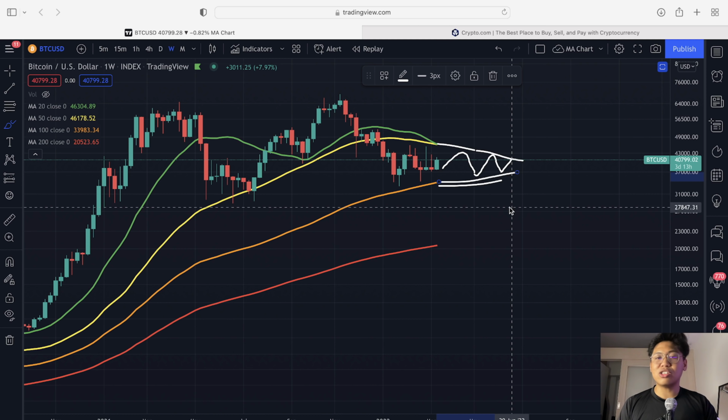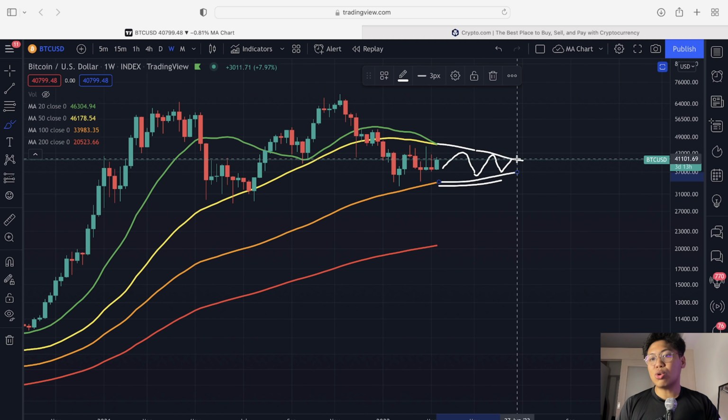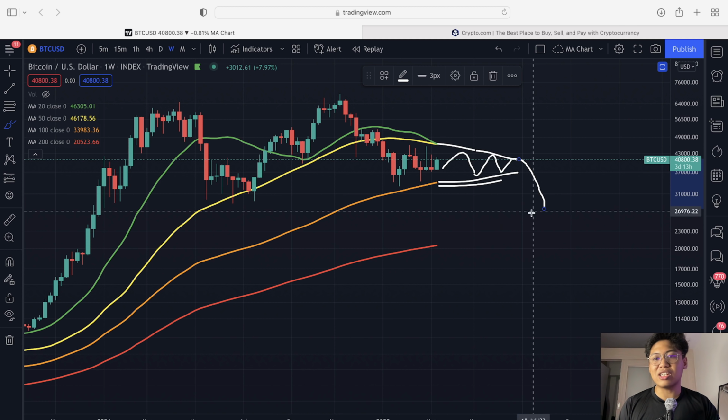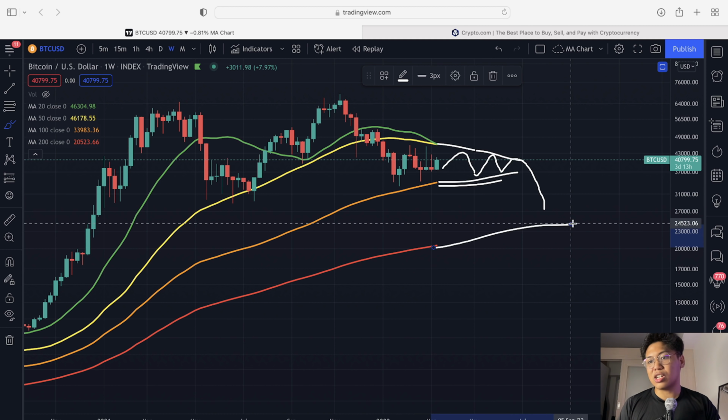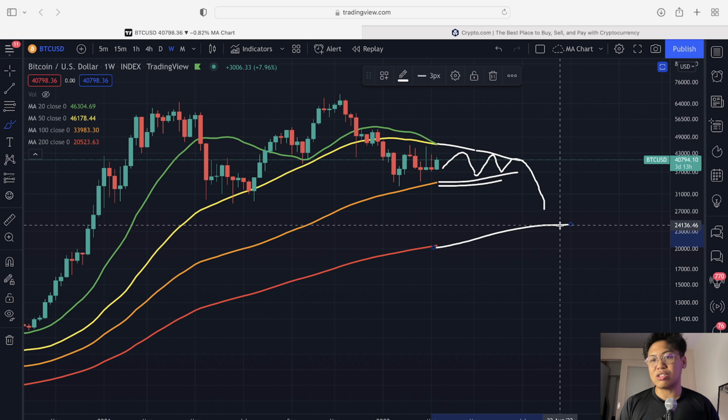Now, the worst case scenario dito is if let's say hindi nag-hold yung ating 100-week moving average, then we might even go lower with the Bitcoin price action. In that case, that is the worst case scenario na pwede mag-fall around the 23,000 US dollars si ating Bitcoin price action. But take note guys, that is the worst case scenario na ating Bitcoin price action,